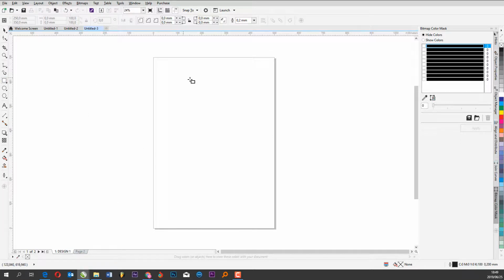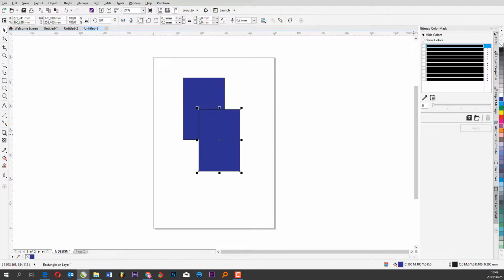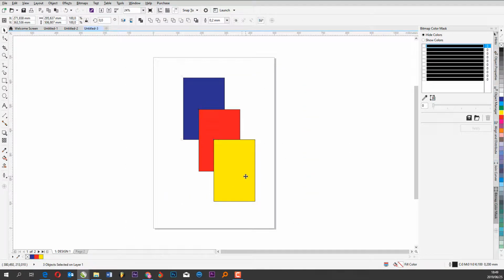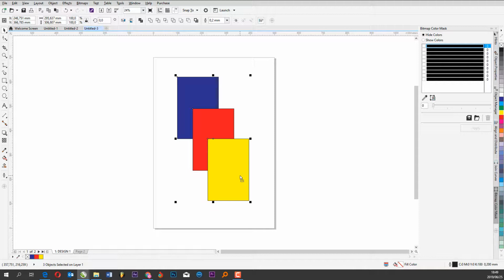Take for instance, you have designed something on this page, and on the second page you need almost the same thing that you have designed, but only a few parts that you're gonna edit. You could click here and say duplicate page. Then here you can choose copy layers only. When you say copy layers only, you're just gonna copy layers, but copy layers and its contents is gonna actually